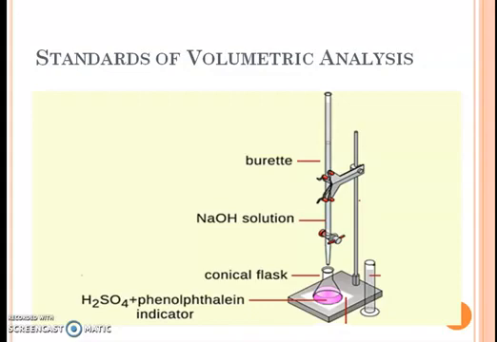So in the diagram you can see the burette which contains your titrant, that is NaOH, and the conical flask which contains the sample. For example, suppose that we are determining the concentration of H2SO4. In the conical flask we will add indicator which will give the color change at the end of the reaction. So as you can see here, titrant is NaOH, our sample, it is known as titrate, it is H2SO4, and indicator is phenolphthalein.